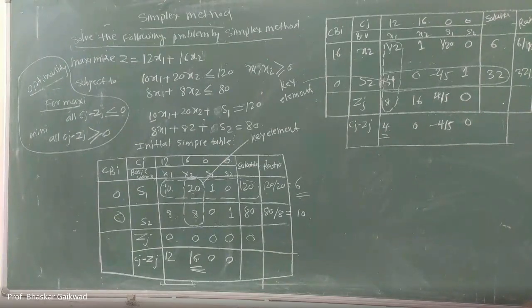Now you can see that Cj minus Zj value 40 minus 4 by 5 and 0. What is our condition? You can see the right side optimality conditions for maximum Cj minus Zj. It should be less than equal to 0. Means it should be minus or 0. But here it is 4. This is the positive value. So we can go for next iterations. So we have to find out the next.